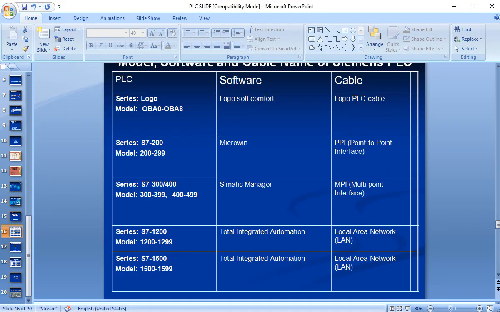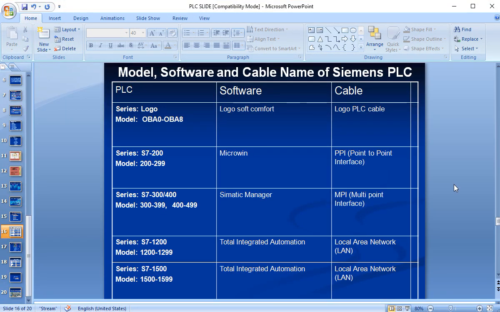This is the next video, number 2. In this video I want to describe the Siemens PLC, the various types of Siemens PLC, the various software, and the cable. In the previous video, you saw the basic level of PLC, the history, the structure, the various types of input and output, and how they make the PLC in hardware. Today I want to describe the Siemens sector of PLC and the various types of Siemens PLC.